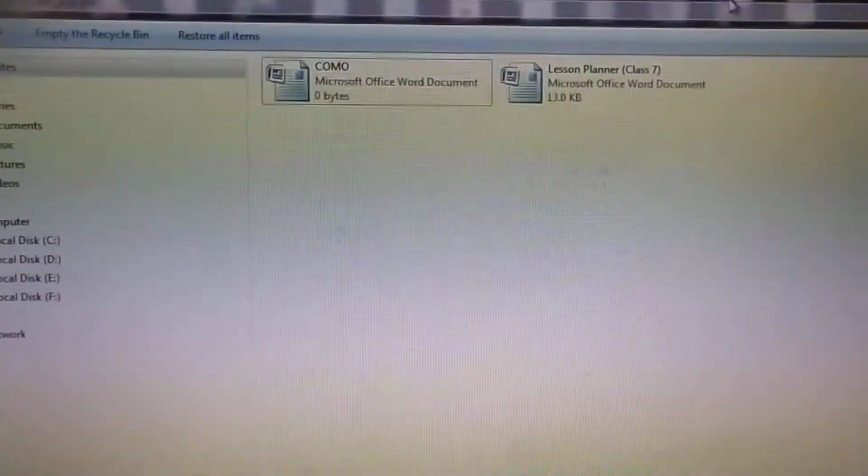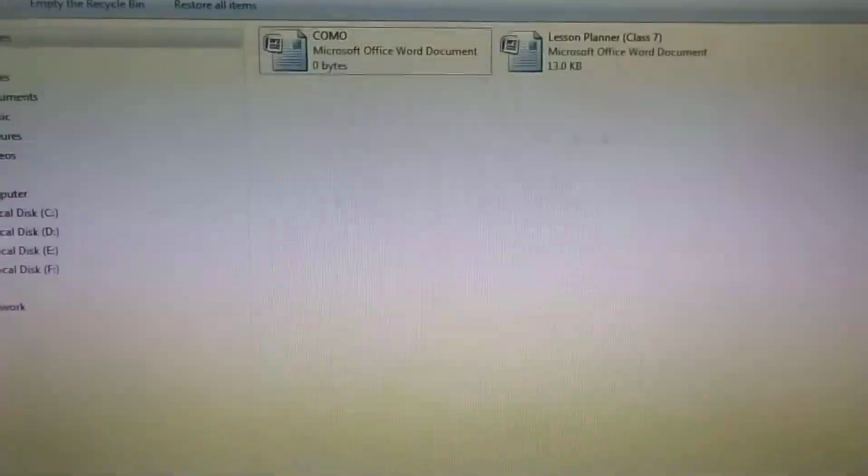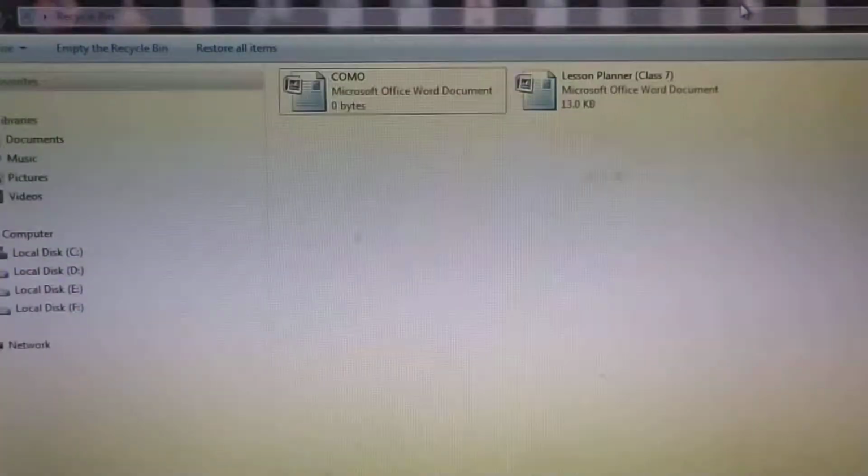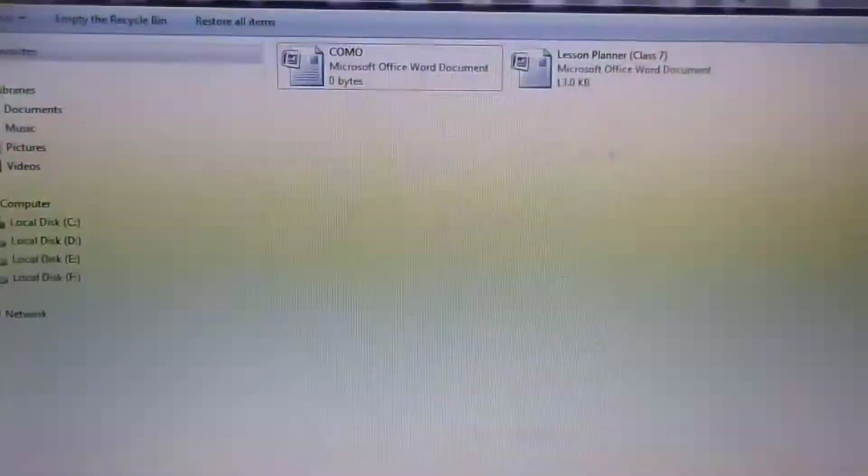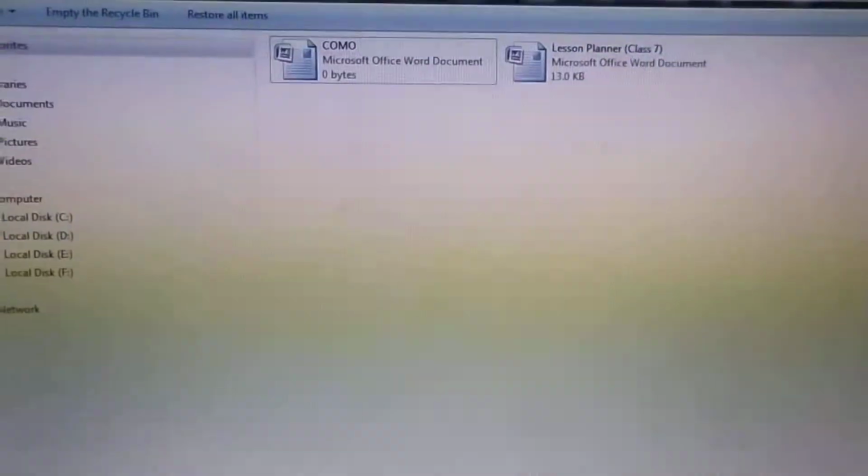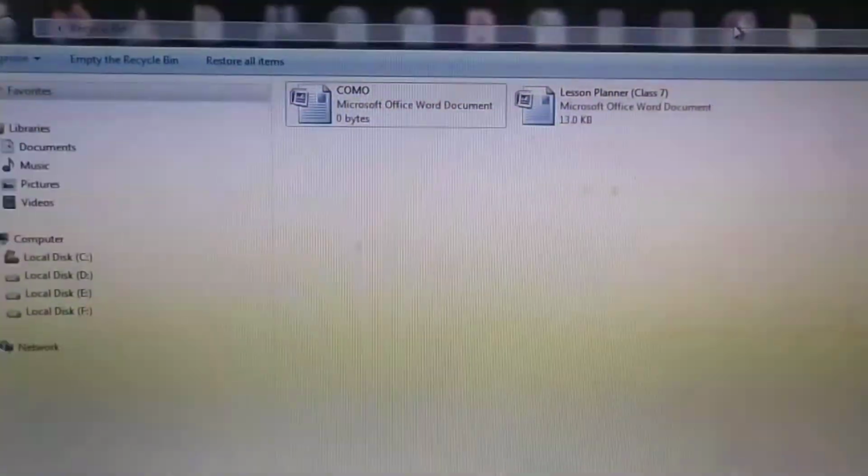And Como folder I have deleted from the delete button only. So which file is deleted by the delete button? That will come in recycle bin. And which file is deleted by using shift plus delete button? Then it will be deleted permanently from the computer.